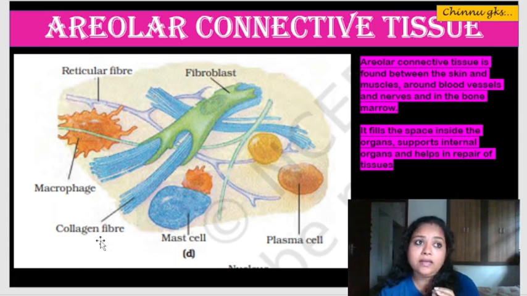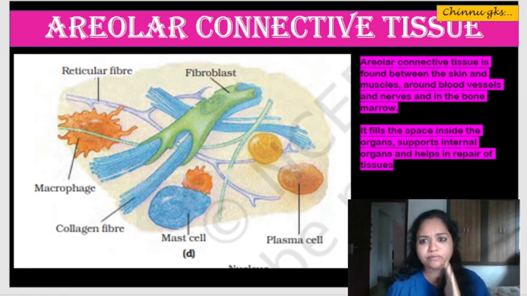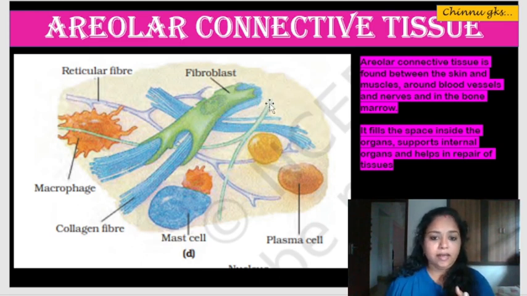You're having this collagen fiber. It's actually a fiber which helps in elasticity. So you might be noticing many of our superstars, they are still young even though they are old. How are they so? It is because they put on fillers. They put on collagen fillers, which will be bringing out elasticity in the skin, which will be bringing out youthfulness in the skin. So collagen is needed for skin elasticity. You have the reticular mesh-like structure, so it is giving support. And you are having the fibroblast again. They are cells that are there, and they also give